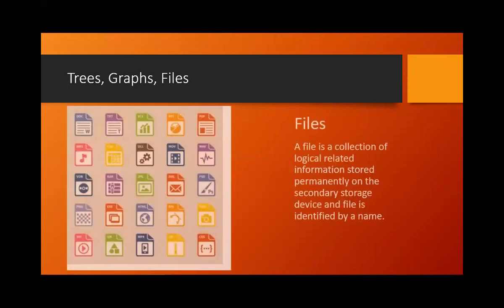The last one is files. A file is nothing but a physical file which can be stored permanently on a secondary storage device. Any type of data if we want to store, we store in a file. When we say a file, the data is getting stored permanently. Permanently means the storage device is a secondary storage device. That type of data structure we call a file. We will study a little about files in the first unit itself.